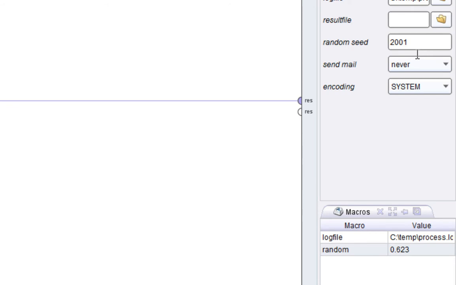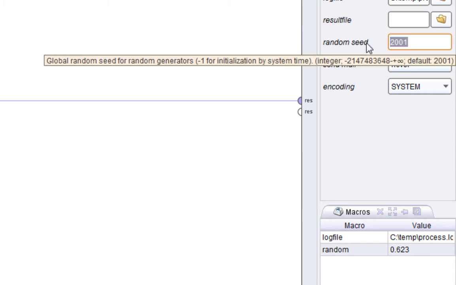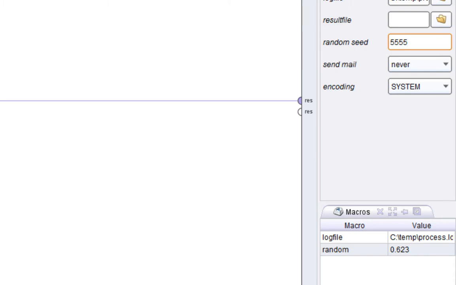That random number is generated, it's a pseudo-random number in reality, based on a seed, which if you change to another number, let's pick a random 5555 for example, and I run this again now, we should get a different random number here. Sure enough, we do. And in fact, if you want genuinely random numbers each time, set this to -1. And now, every time I run the process, I should get a different random number here. 0.916, 0.749,